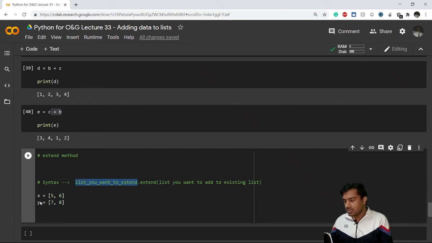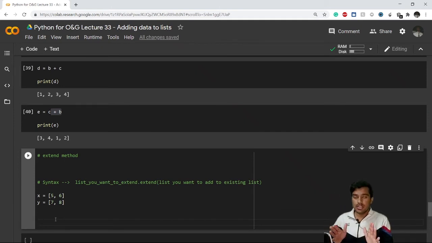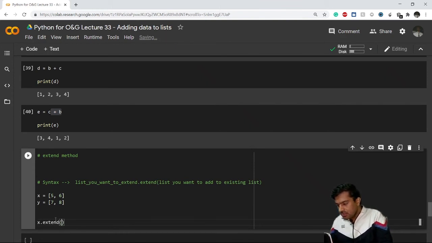Let's say I want to extend the list X. Okay, I'm not creating a new list here, I'm just extending the existing list. So I am extending the list X dot extend. Now inside this parenthesis, what you write is list you want to add to existing list. So I want to add Y here to X.